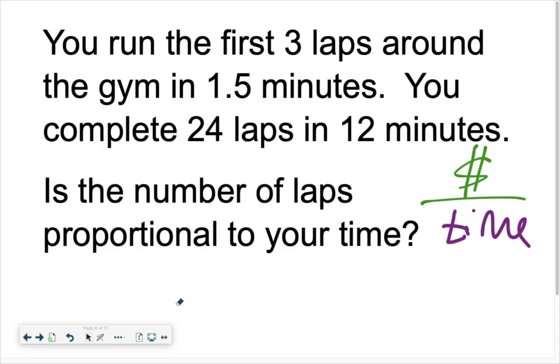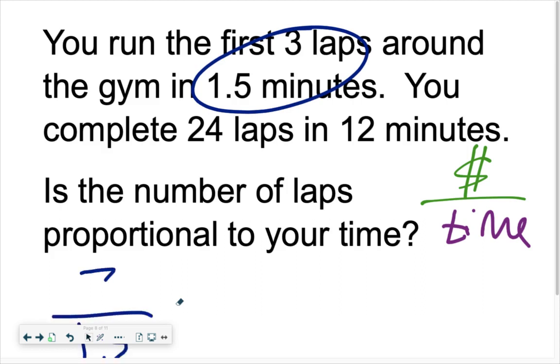Starting off right away, I see 3 laps in 1.5 minutes. Does that have money, which goes on the top? Nope. Does it have a time in it? Aha, it does. So I'm going to put that on the bottom. 1.5 over 3. I have written a rate. I could talk about a rate by putting the labels off to the side if I wanted to. Sometimes we do that so we can keep them straight, where the top stood for laps, the bottom stood for